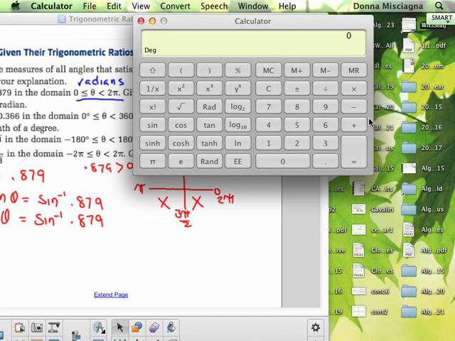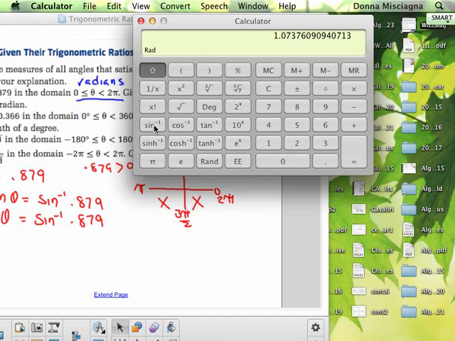So I am in degrees. That's no good. I need to be in radians. There we go. All right, so 0.879. All right, I type in my ratio, and then I need the arc sine. You'll generally have to hit shift on your calculator to get to arc sine. Right, and then I hit arc sine, so this is a backwards calculator. I need to do the ratio first, and then hit arc sine to find my answer. And so this is in radians, so I'll round to 4 decimal places. So this will be